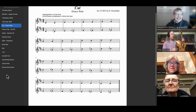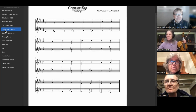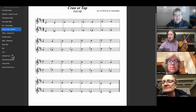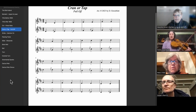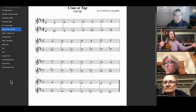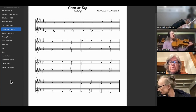So the next one is, again, and these get so similar. There will not be a test afterwards. Aren't you glad? Okay, the crayon, also called a tap. In mandolin parlance, it would be considered a pull-off. And it's very similar to what we were just doing, except that it's not the note above the note that you're ornamenting. It's more than one note above the note. So you could be doing